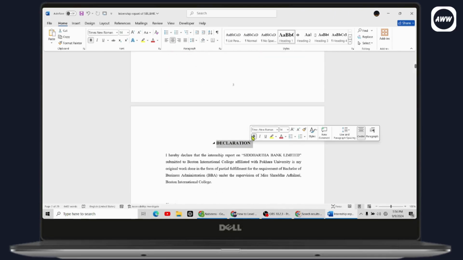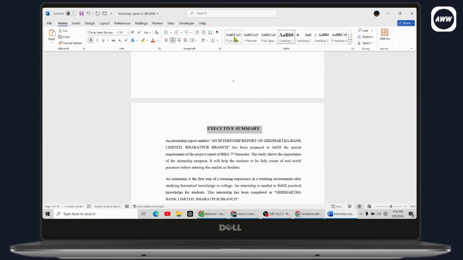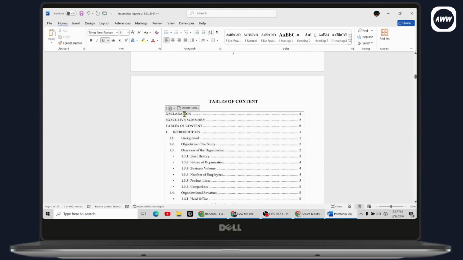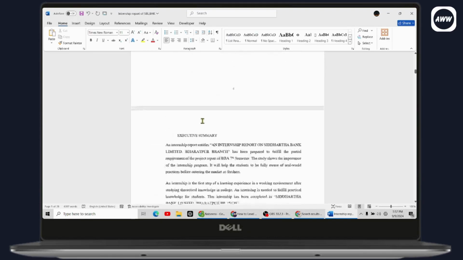And if you go with the declaration, and if you again do the same thing with the declaration and the executive summary, and if you update the table of contents, then you can see that I don't have anything before the table of contents. You will have this kind of interface, right, on your PC or on your laptop, on your Word. So in order to add the section or heading before the table of contents, what you need to